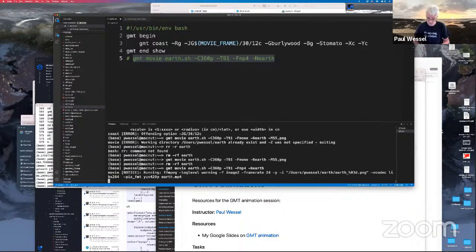My computer has 24 cores, so it will spread these 91 frames across the 24 cores. So it only takes a few seconds for me, depending on your computer. This is actually an old computer with many cores, so it's both fast and slow. And it is done. And now I have a file called earth.mp4 in my directory,